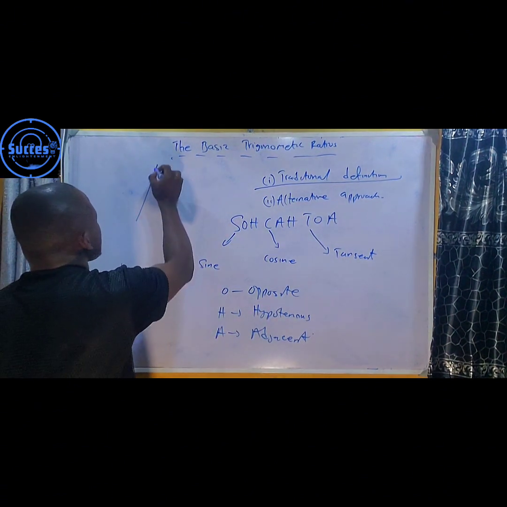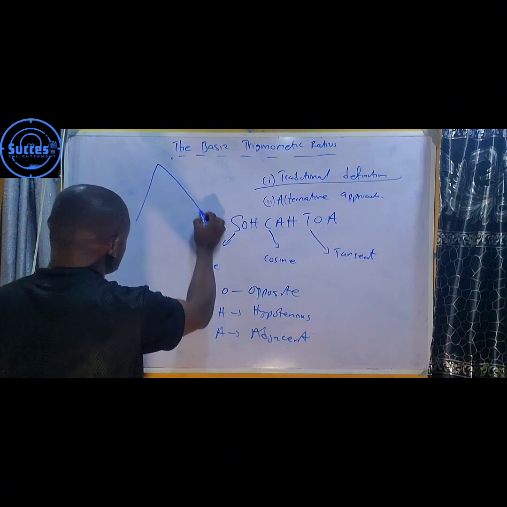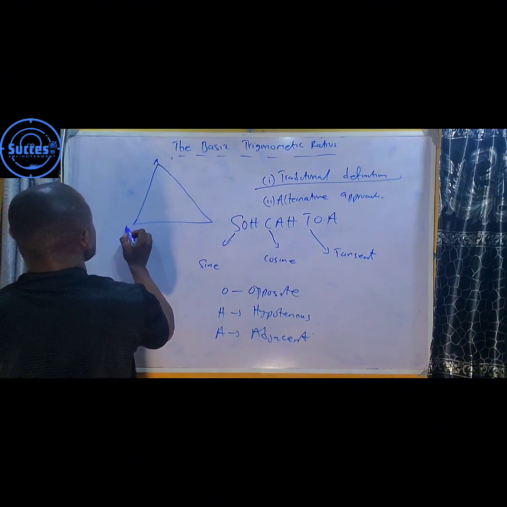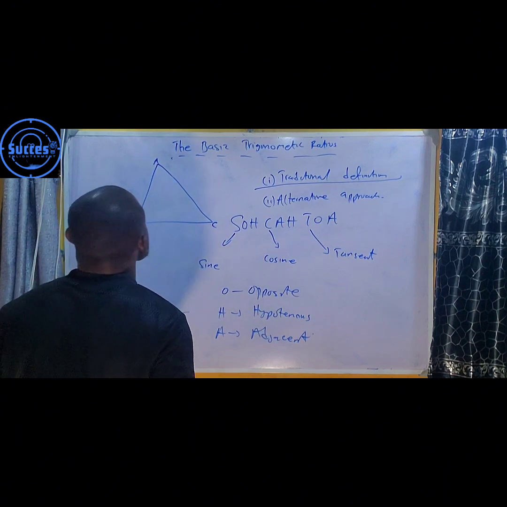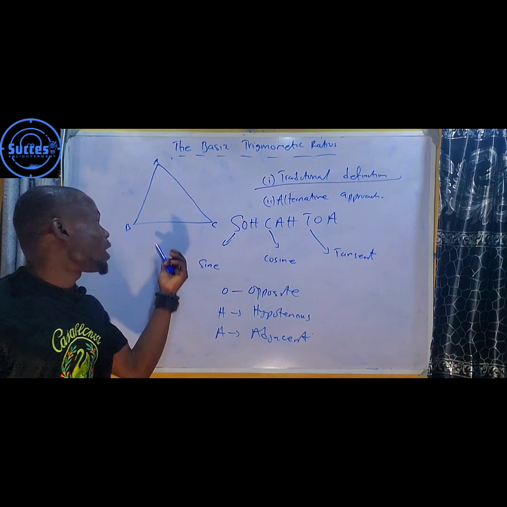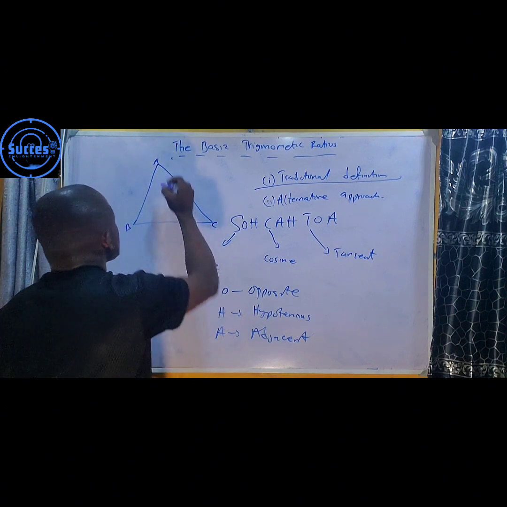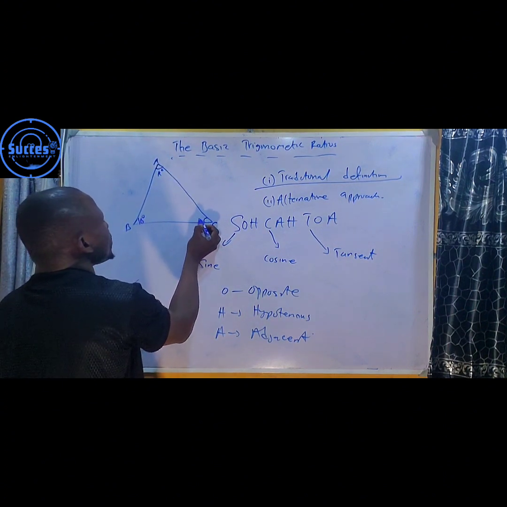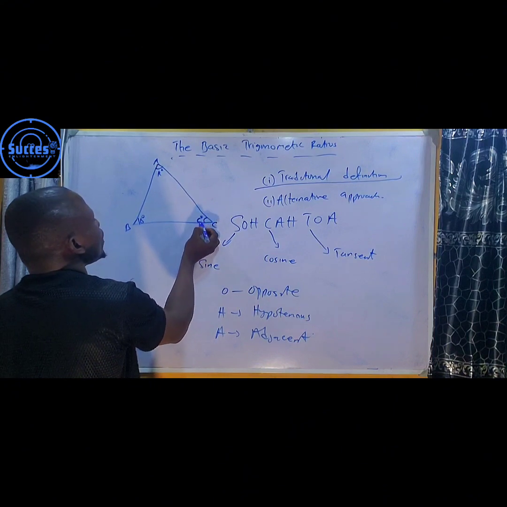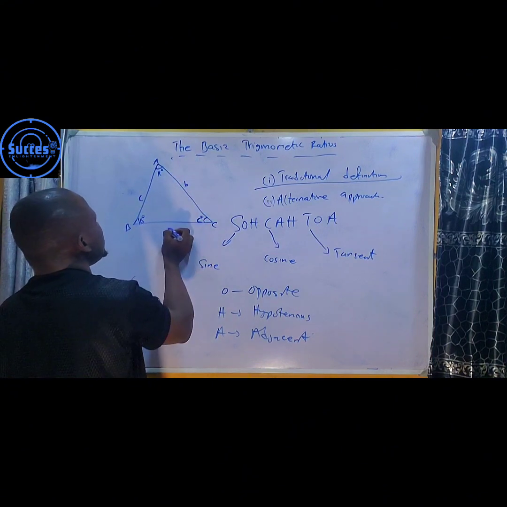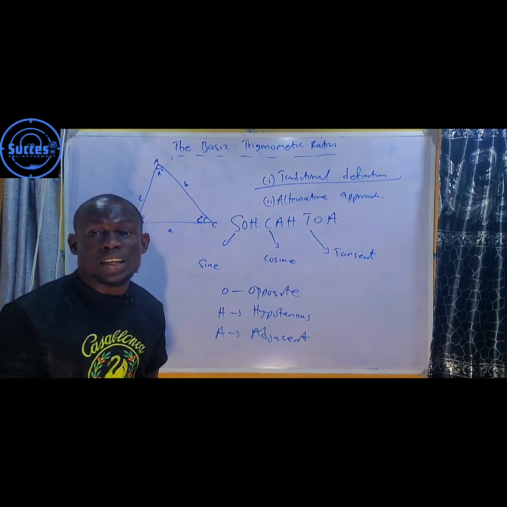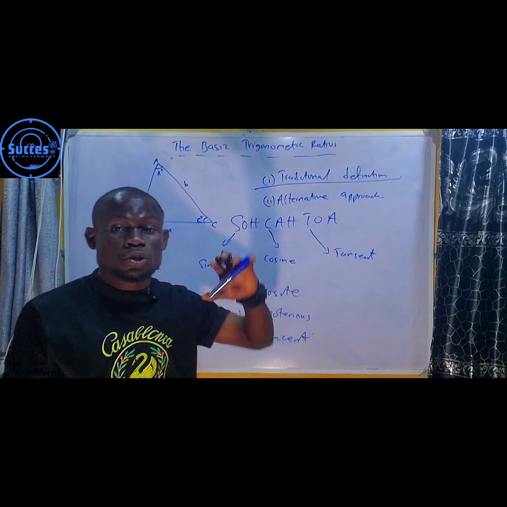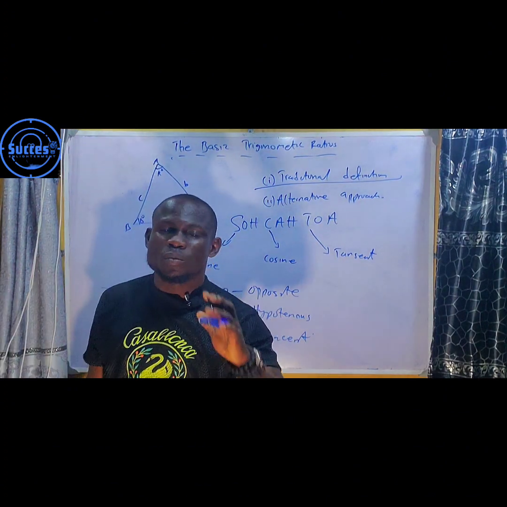Given the triangle like this, let this be our A, let this be our B, let this be our C. Don't forget, this is what I did earlier: this is capital letter A degree, this is capital letter B degree, and this is capital letter C degree, and this is small letter C, small letter B, small letter A. I've already explained this. But when our trigonometric ratios are concerned, we are dealing with a